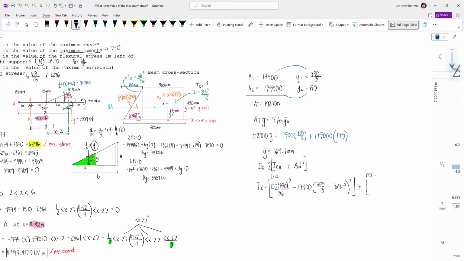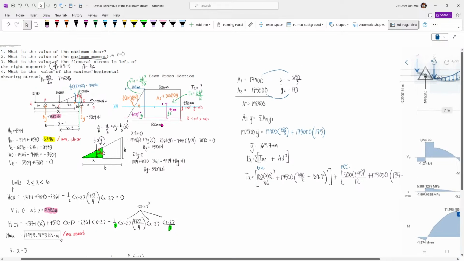So, base na to is 500 times a height of 350 cubed divided by 12, and then plus area 175k multiplied by iyang y2 175. So 175 minus